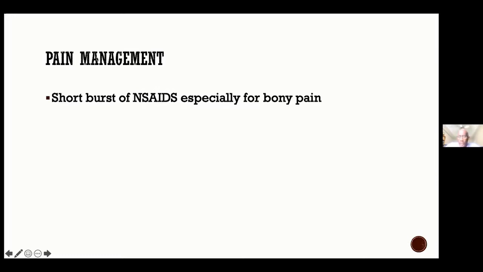So you also start with your paracetamol or acetaminophen. I think that has the lowest side effect profile once you take it regularly, every 6 to 8 hours, together with your non-steroidal. You have them working simultaneously, and you try to overlap the dose, so you don't take both at the same time. You try to stagger it a bit so you have coverage for the day. So we start off with paracetamol and a non-steroidal, specifically if we're talking about bony pain.